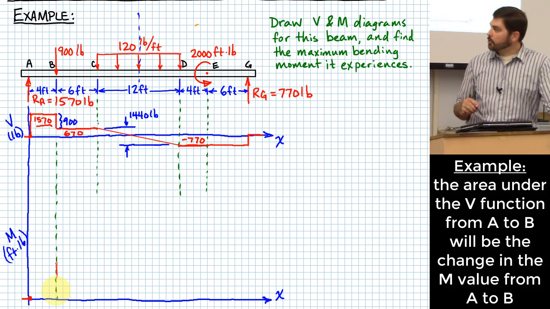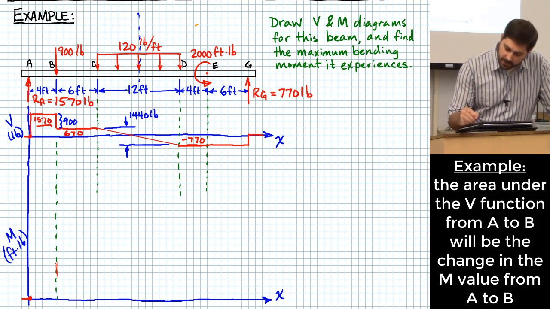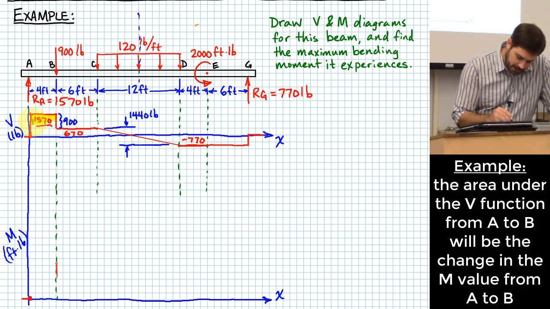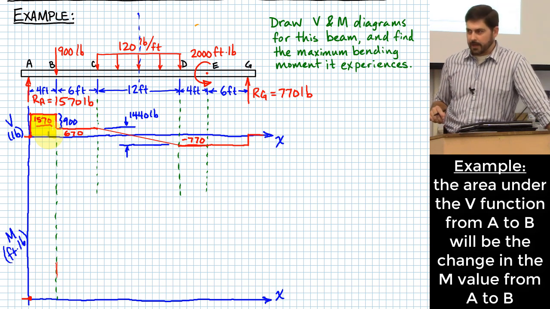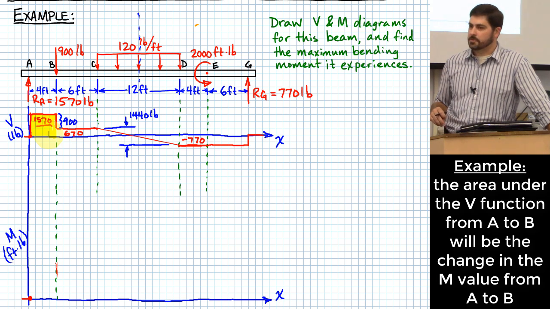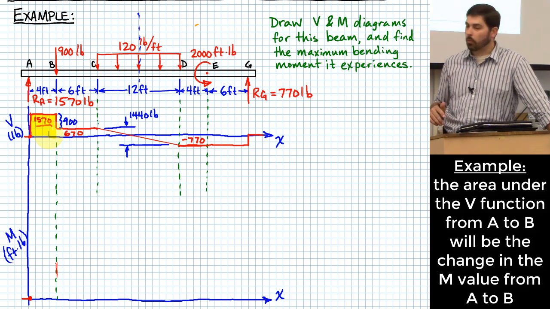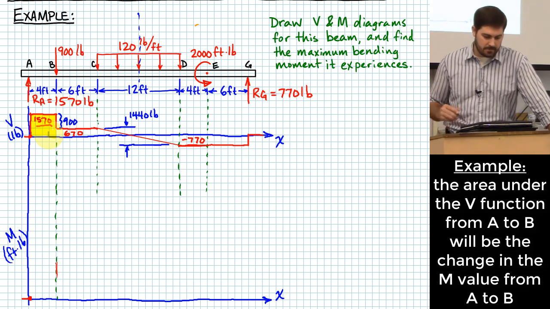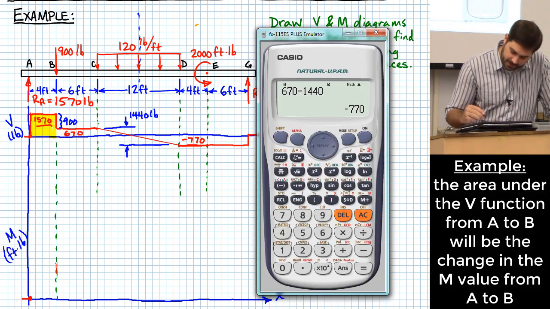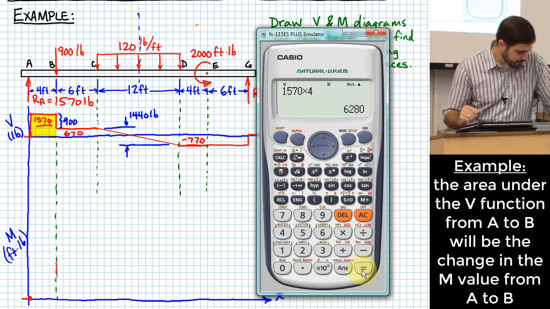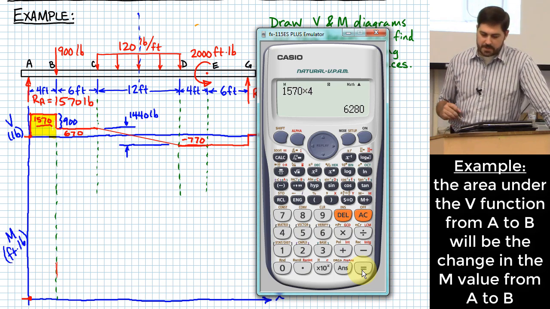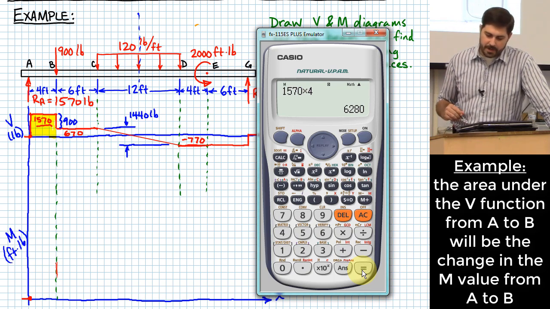Our total change is going to be equal to the area right here. Okay, 1,570, okay, that's going to be in pounds, right? Times 4 feet. Okay, so 1,570 times 4 feet gives us 6,280,